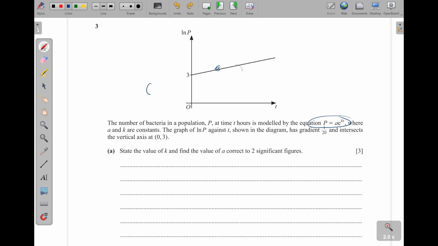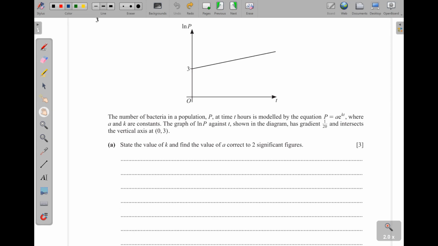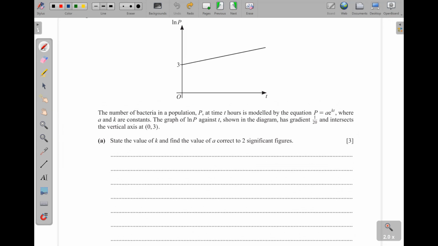Will be natural log of that. Okay. Now we have this P here, which is equal to A e power kt. We introduce logarithms on both sides. So natural log of A, then e power kt. Now using the rules of logarithms, since this is multiplication of those powers, then it comes from addition of logarithms